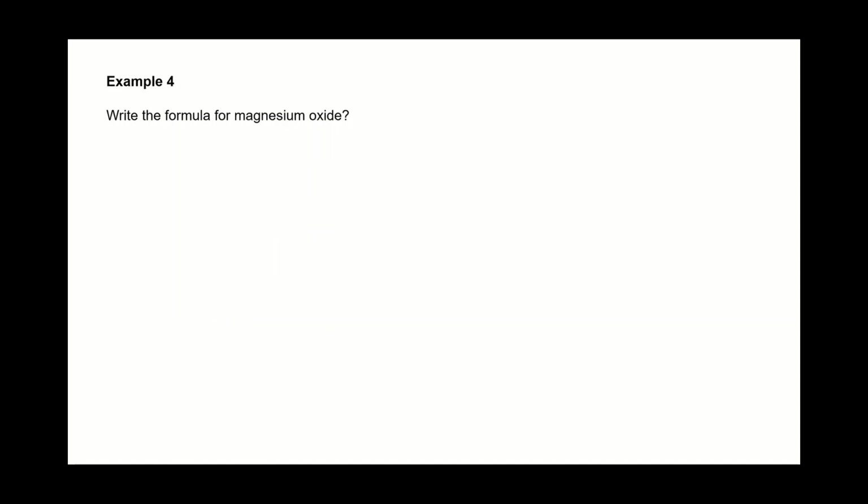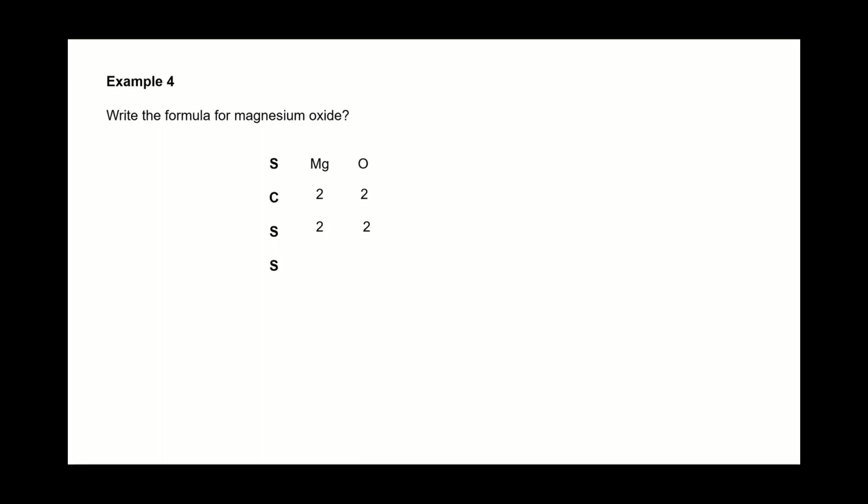Example 4. Write the formula for magnesium oxide. Again, slightly more complicated. If you want to challenge, practice, check your understanding, pause the video at this point. As usual, SCSS is the starting point. The S for symbols, the C for charges, swap the two numbers between the columns,